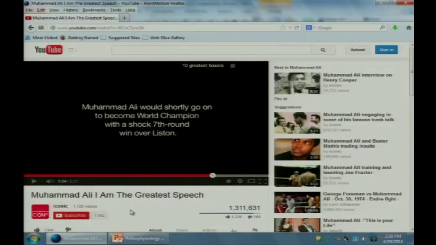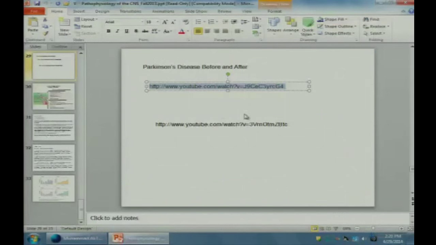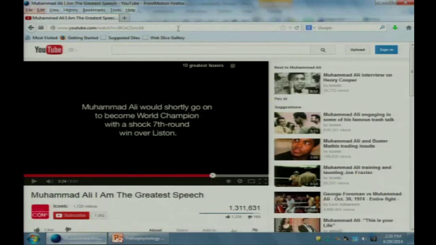So, in his prime, and then later in life, as he developed Parkinson's,